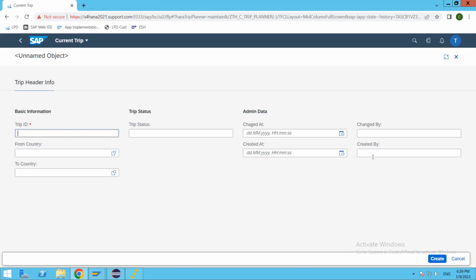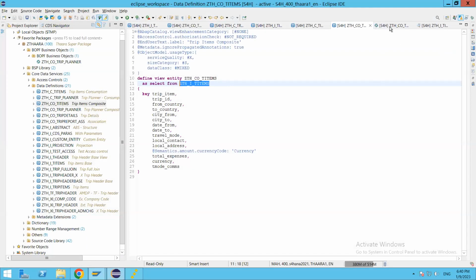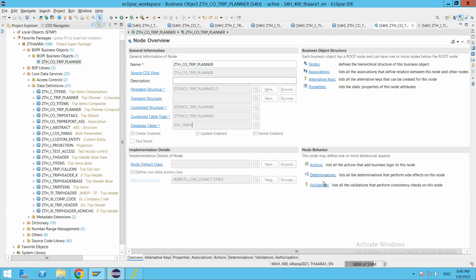So all these things, how we are going to manage or manipulate, that is all we will be doing using BOPF. So here, if you see how we are going to achieve that, it's going to be using the determinations. Whatever determinations we see here,